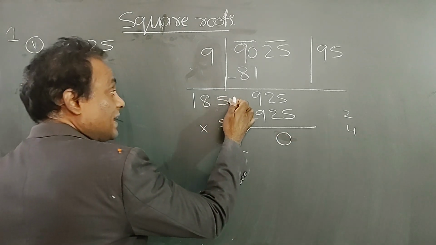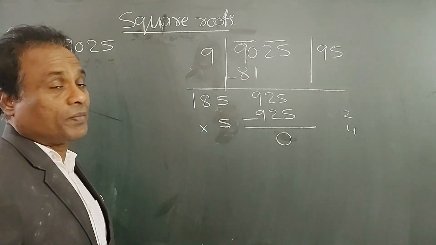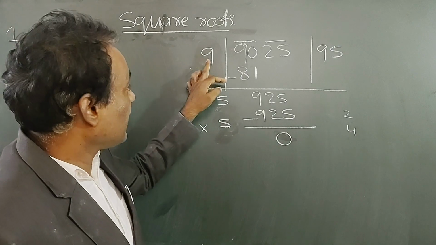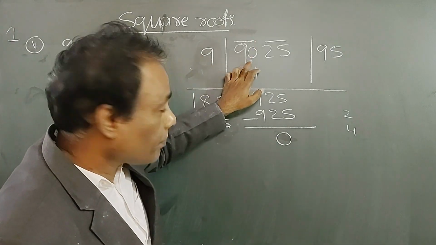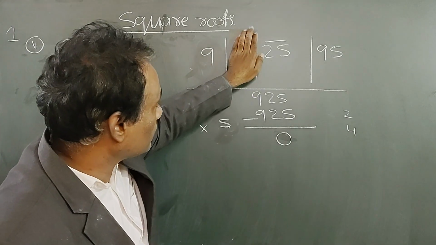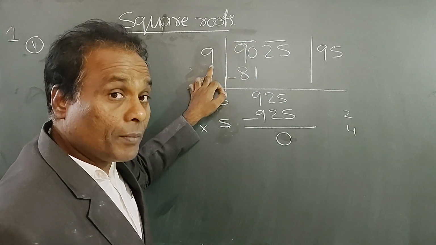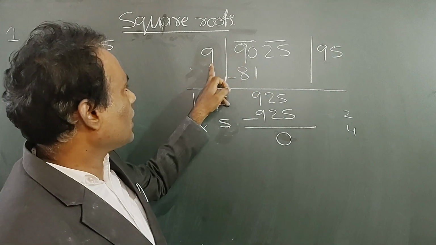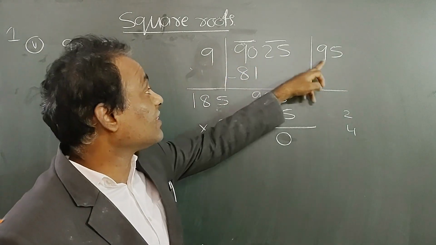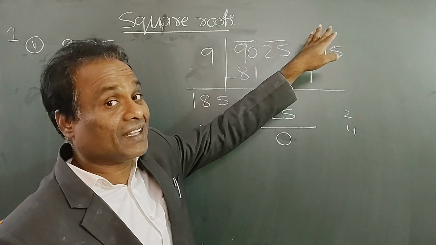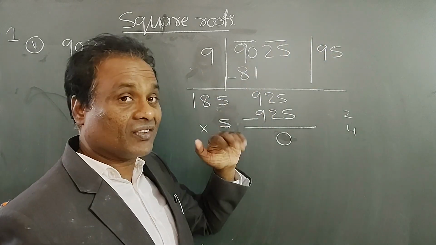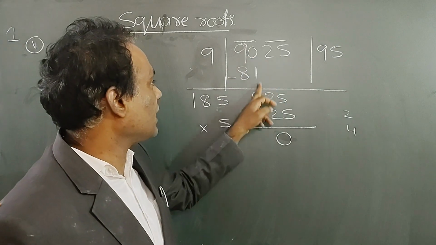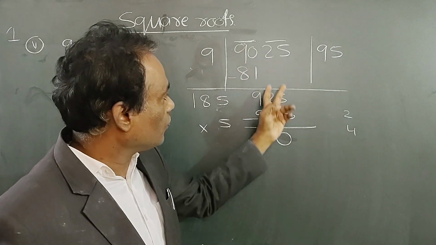That means whatever you write here, multiply. First step is pairing the 2 numbers with a bar, 2 numbers like this. Next, take only the first pair, that means 90. Take a number, multiply with the same number, we have to get maximum up to 90. 9 9s are 81. 10 10s are 100, which is greater than 90. 8 8s are 64, which is less. So the greatest possible number is 9. 9 9s are 81. So 9 remainder. Next we take 25 as the pair.